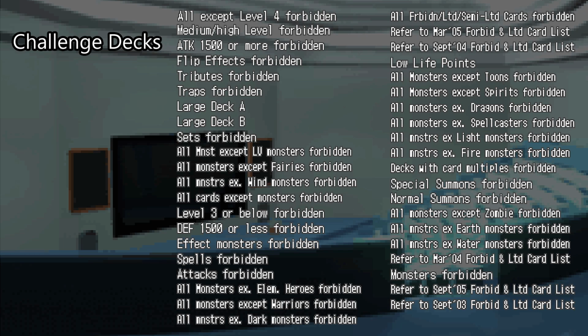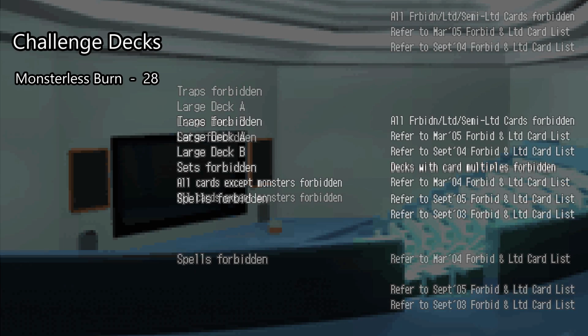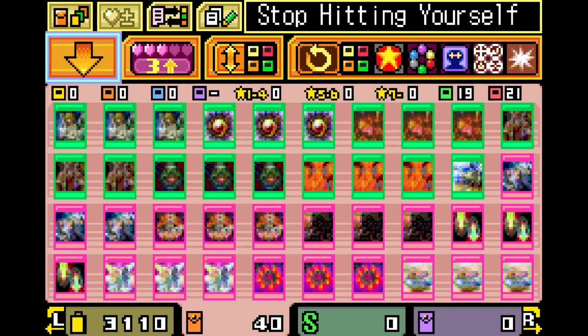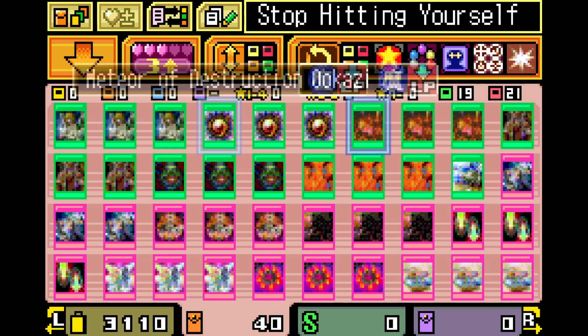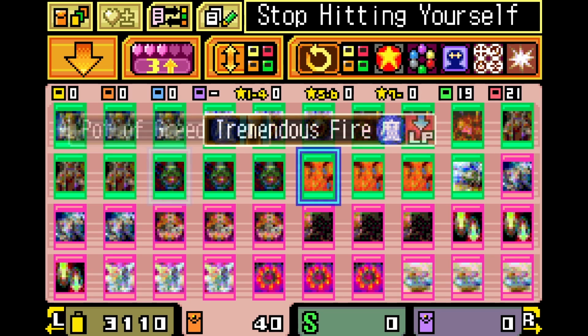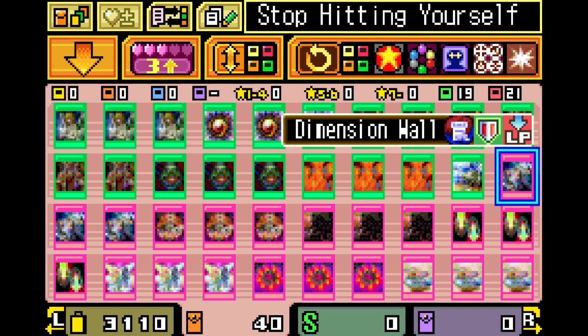If you've seen my other video, then you know that Monsterless Burn is going to be by far our most used deck in the limited duels section. Really, any Monsterless deck will knock out a large portion of these right away, and now that we have no ban list, this burn deck is just insanely nasty against the computer. Triple Ring of Destruction, Triple Magic Cylinder, and Triple Dimension Wall are just way too strong, and backed up by playsets of Pot of Greed and Graceful Charity,